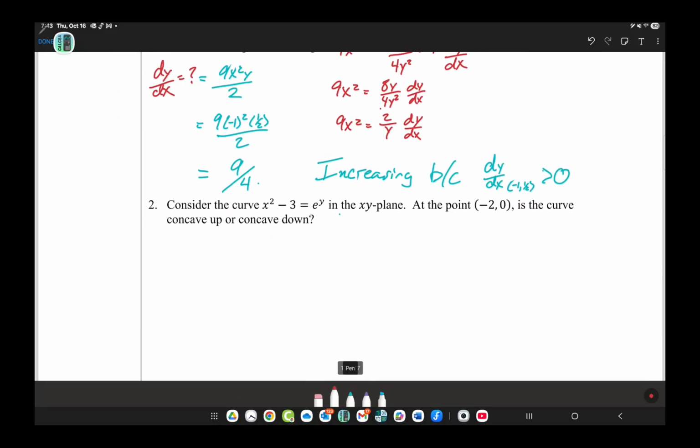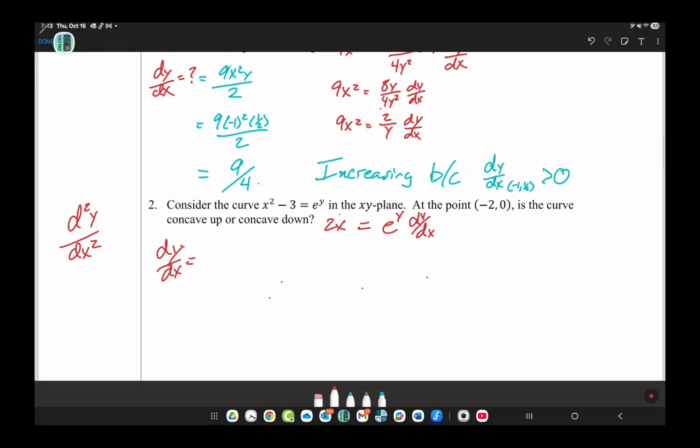All right, similar setup. Consider the curve x squared minus 3 equals e to the y on the xy plane. At the point (-2, 0), is the curve concave up or concave down? Which in this case, we need to find d squared y dx squared. So first, the derivative. We have 2x is equal to e to the y dy dx, which means dy dx